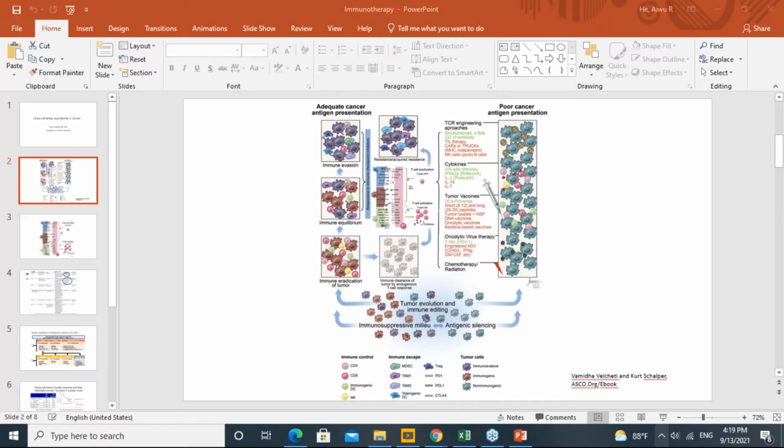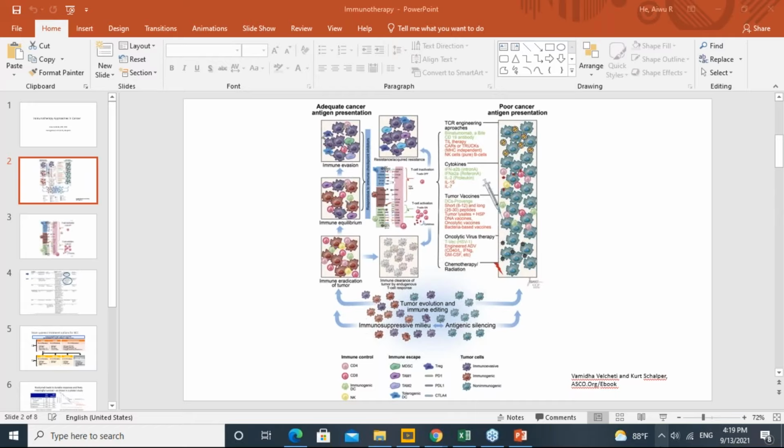On the right is poor antigen presentation. Let's first talk about if there's a poor cancer antigen presentation. In order for the immune cells to attack the cancer, the antigen of the cancer has to be presented on